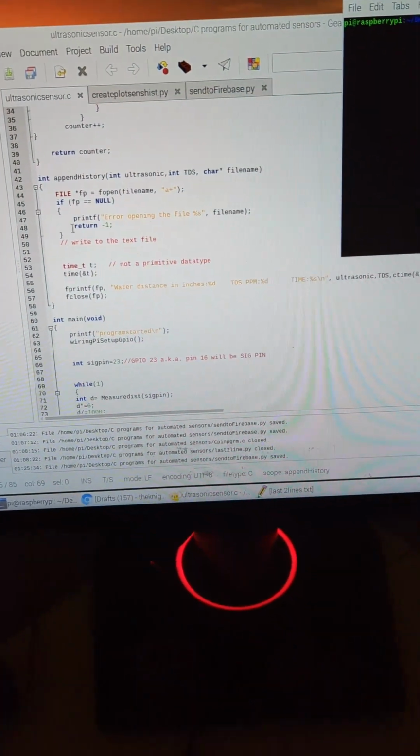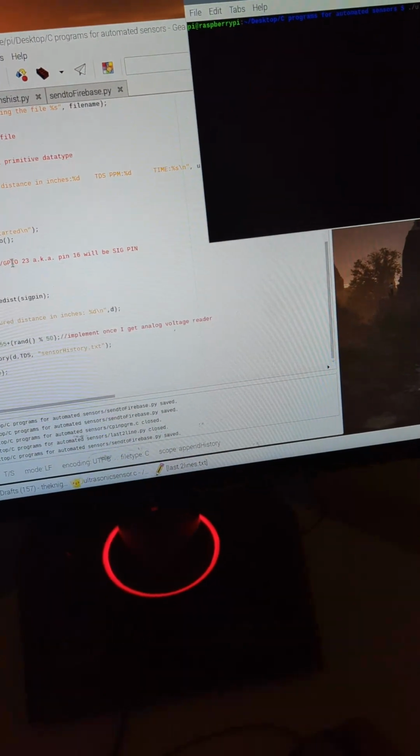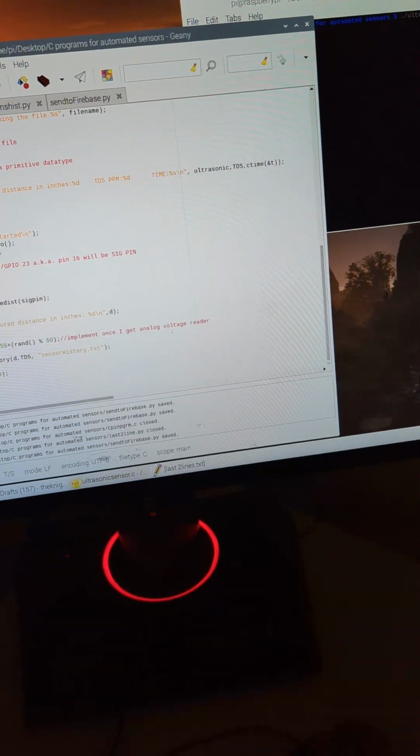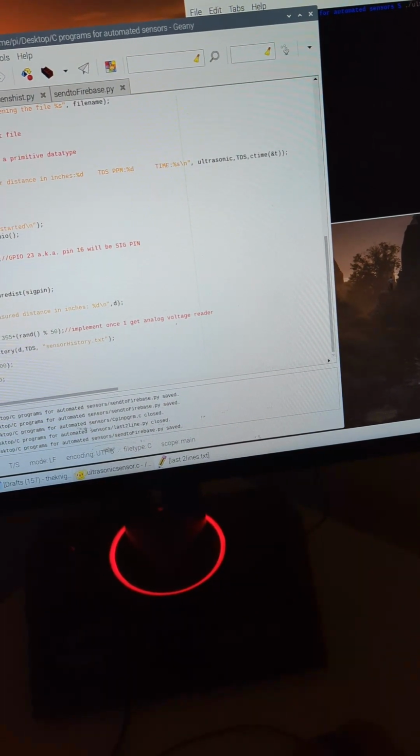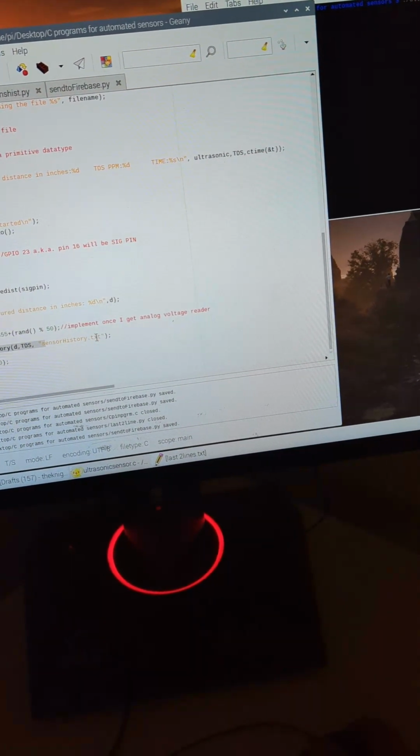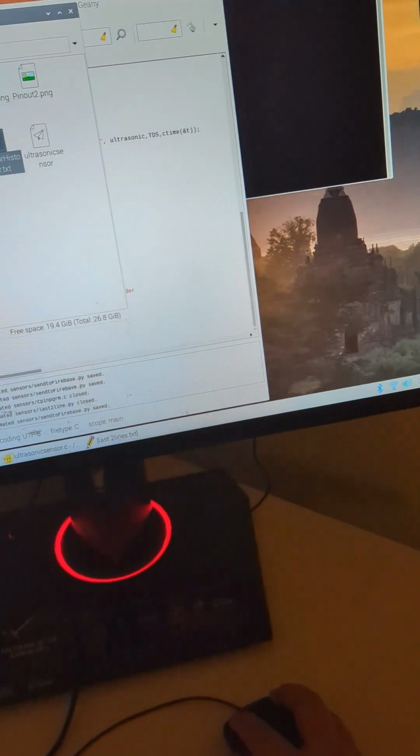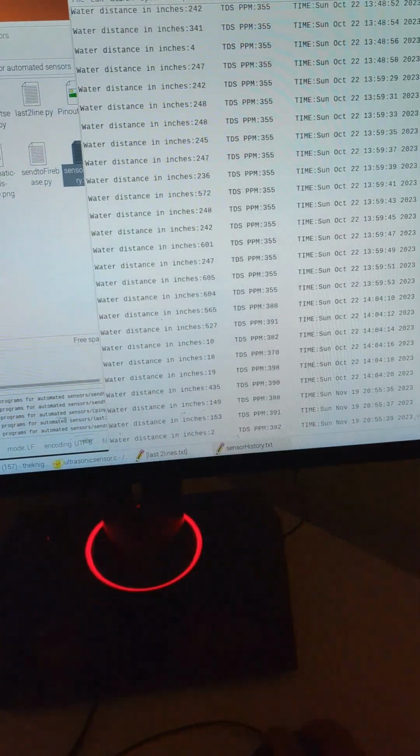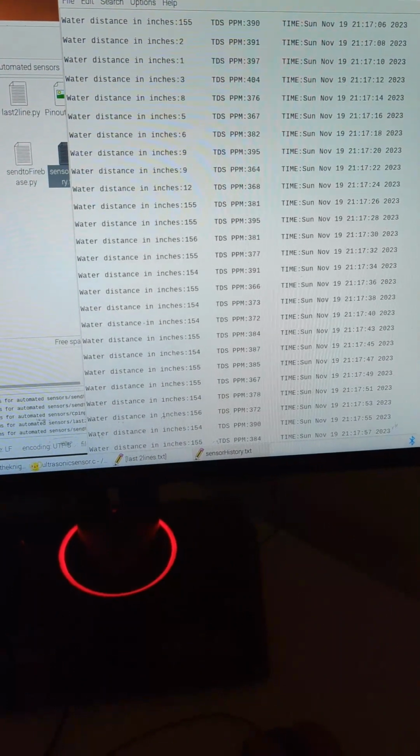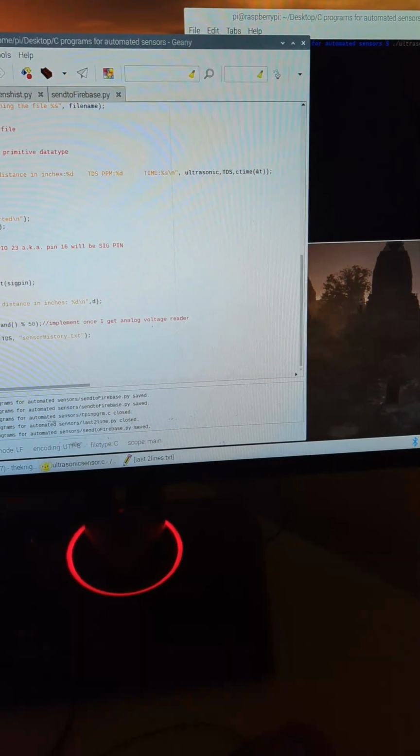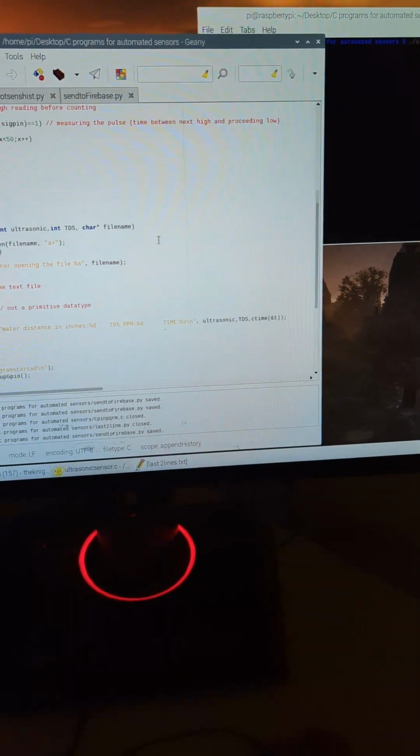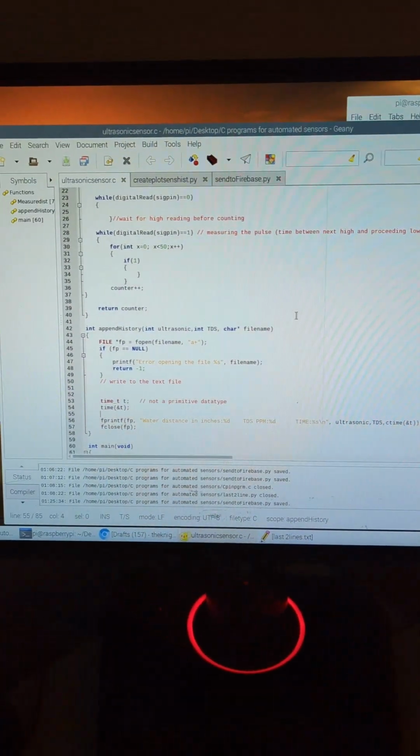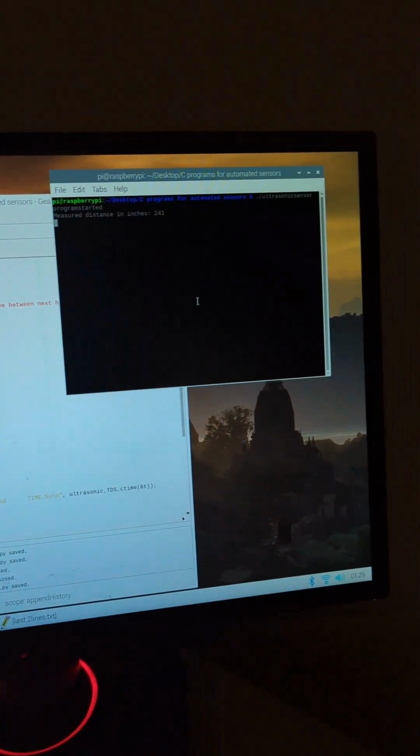So I just wanted to showcase again the program that appends the previous sensor data to sensorhistory.txt, which is this big file. Is all here, and so I start measuring, and